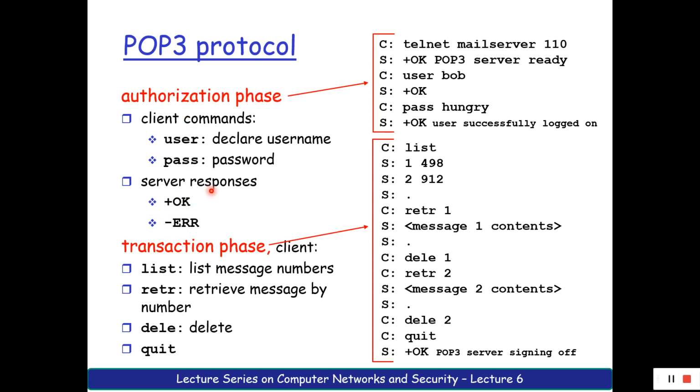If you have successfully opened your mailbox with the correct username and password, it will enter the transaction phase. In the transaction phase, very many commands are sent from the client to the server. The client can first send a command called LIST. It is not compulsory that it has to send it. What is LIST? It is asking to list all the emails received by that particular user agent. Whatever emails are received, it has to list them.